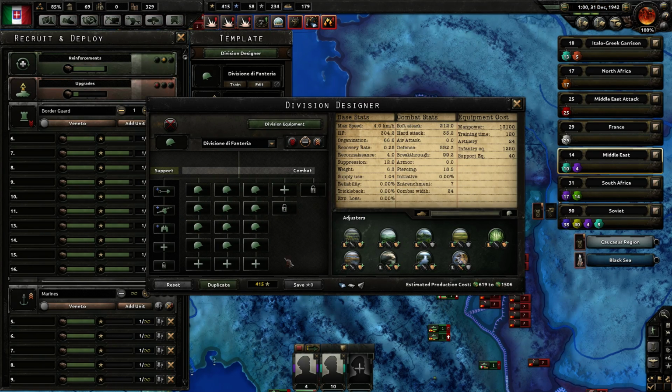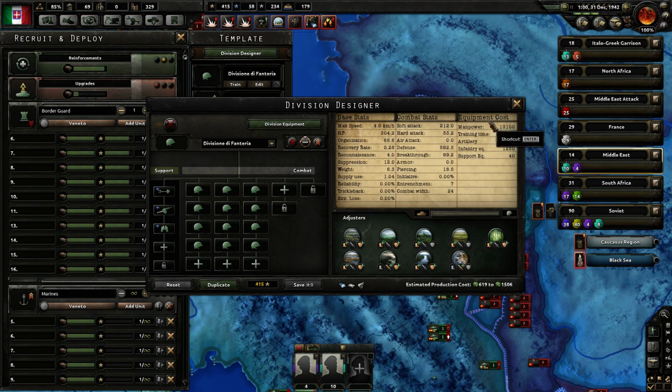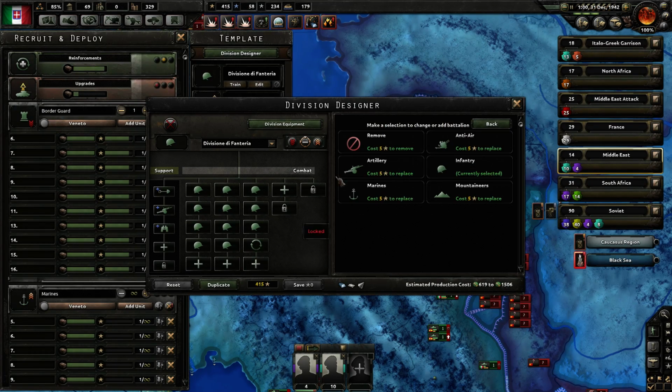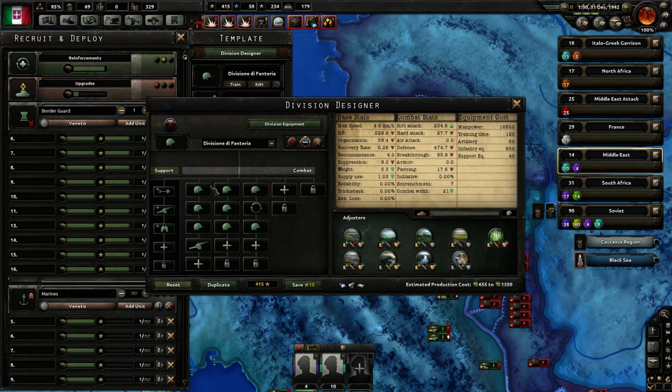Also, we haven't really been making use of artillery. Also, we never finished. Wow, we still don't have all these support companies in this game. Just terrible. Anyway, here's what we're going to do. We're going to trim this down just a wee bit, and I'm going to actually put in some hard artillery divisions in my